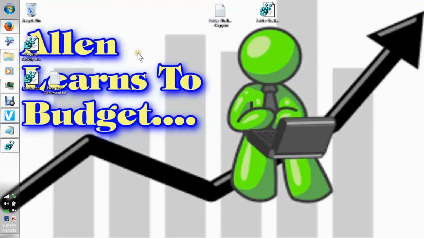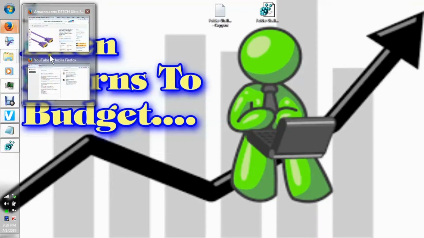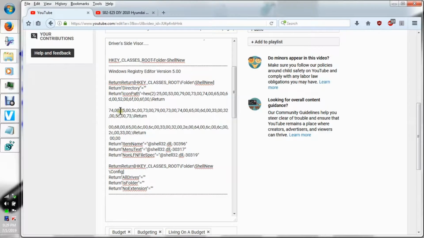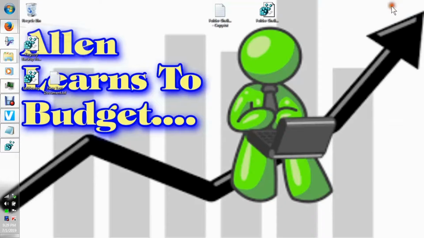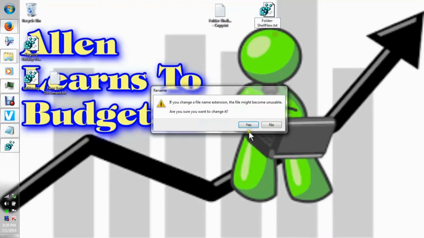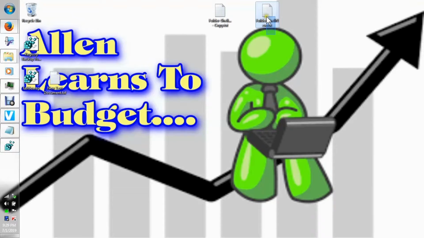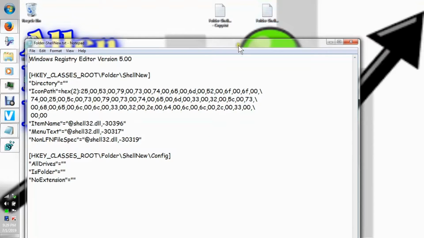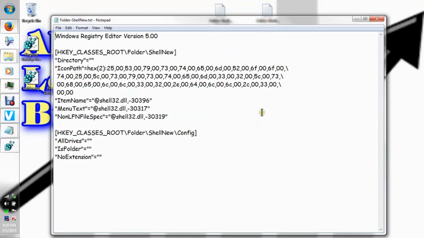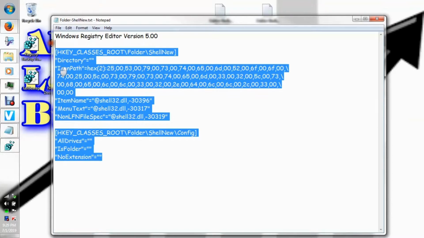Okay, so what I was wanting to do originally was see, one thing you can do is change the .reg to txt, and open it up and see what it is. And then I copied all of this,